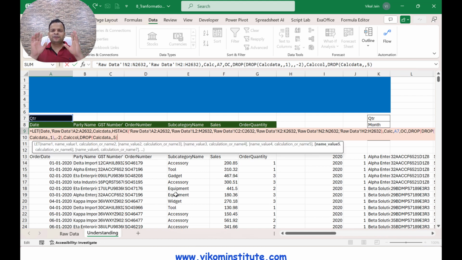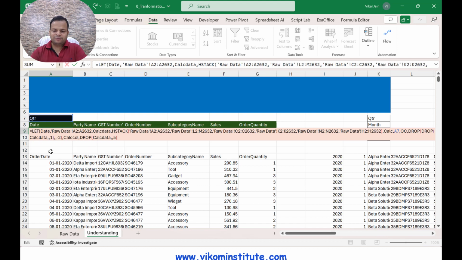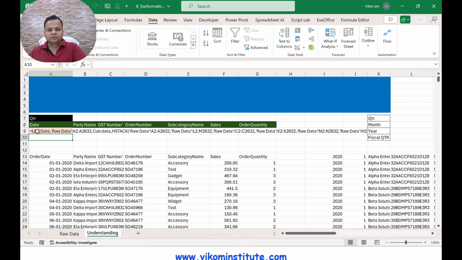Now what I have done, I have presumed 6 variables here. First for raw data, second for date, third for these 4 columns, fourth for these 2 columns, then this cell. So I have taken 6 variables here. So now I can concatenate the formulas. Now we need to just give the calculation here based on these variables. Now let's again stop here and put a single quote. So this is my LET function, a very big function.